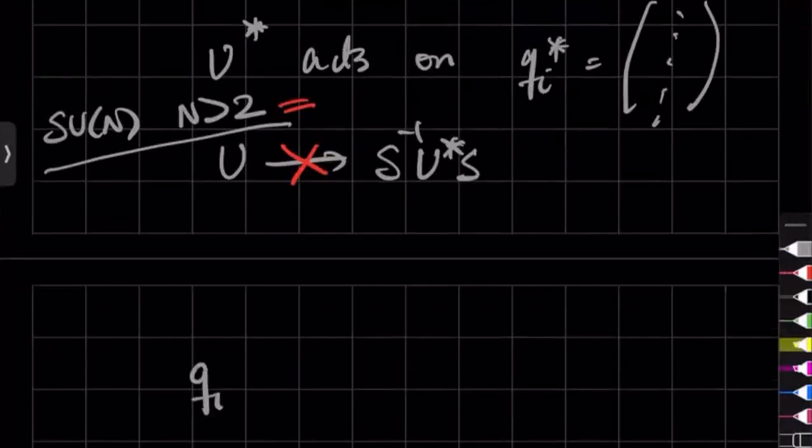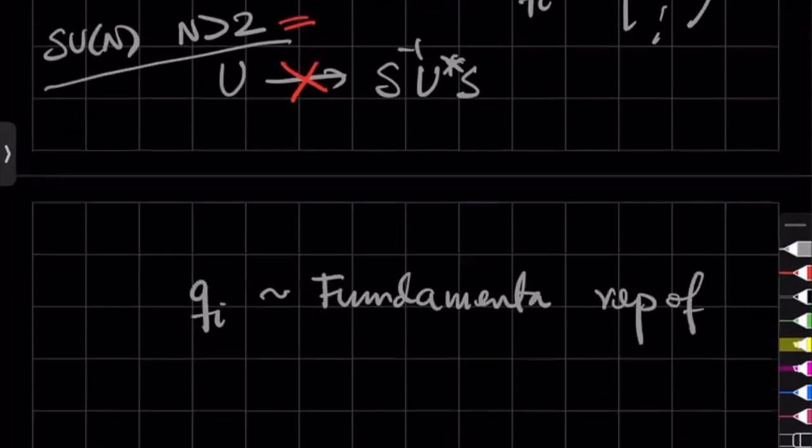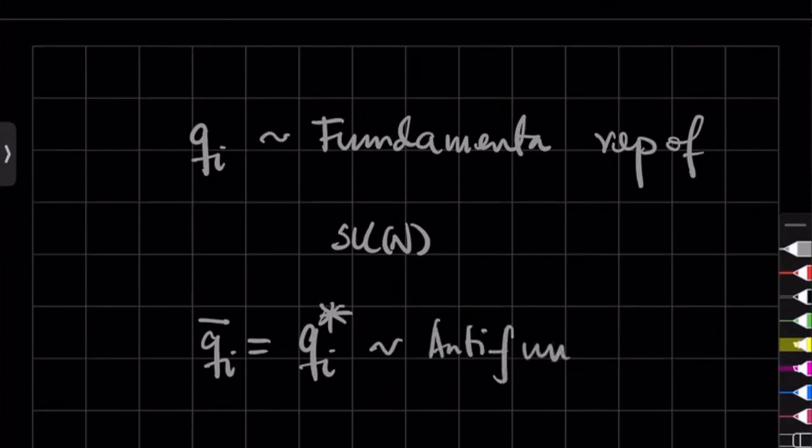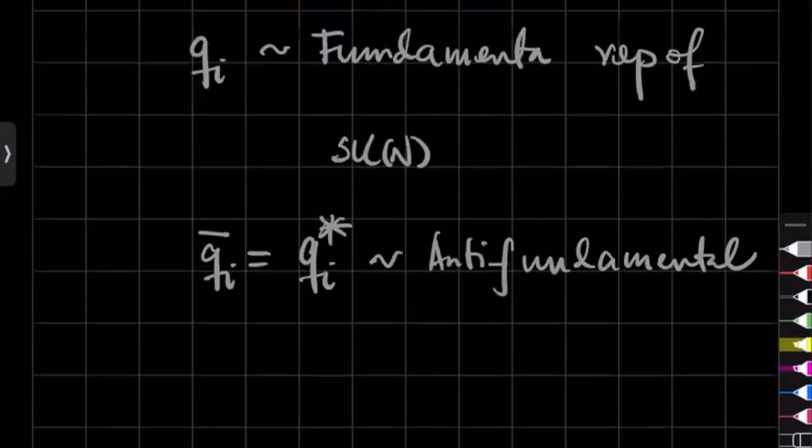Qi, they are called the fundamental representation of SU(N), and Qi star, which is sometimes written as Qi bar, they're known as the anti-fundamental. Okay. Mathematicians might call it differently, and they might call it conjugate or something, but physicists call them the anti-fundamental representation